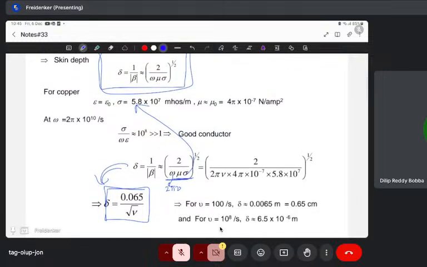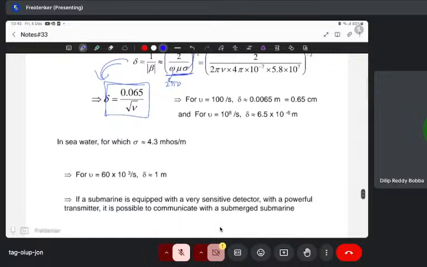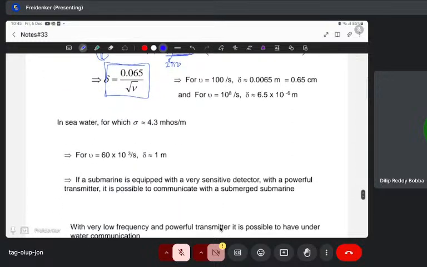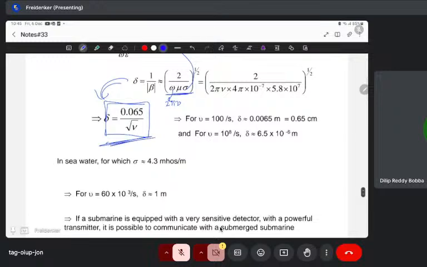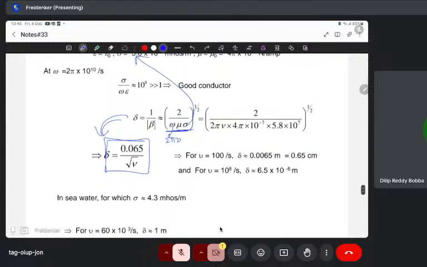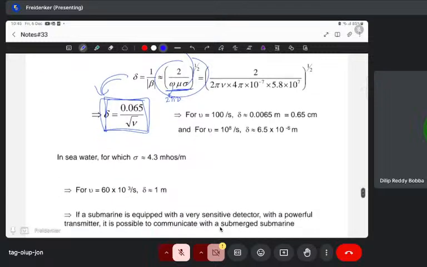So this is for copper. You don't have to remember this. Maybe you could just remember the main thing: if they specifically say copper, then from here only you will get this one. So you don't have to separately remember this. Maybe tutorial questions will help. I don't know if they ask this in the tutorial. I'll have to see. But anyways,